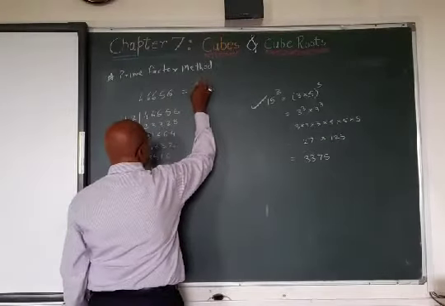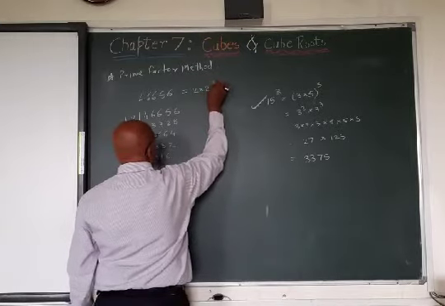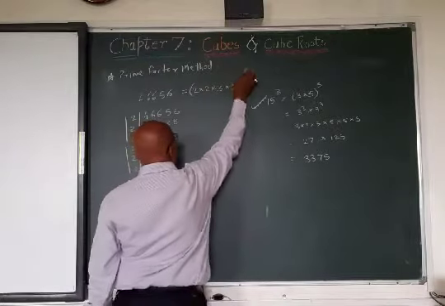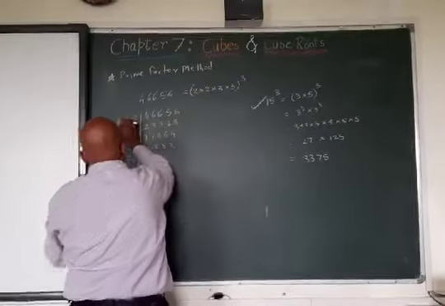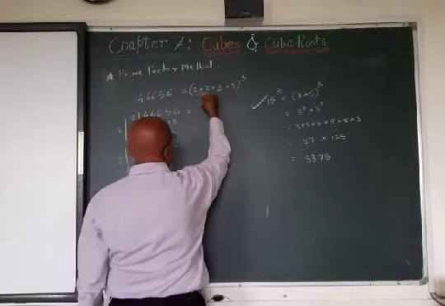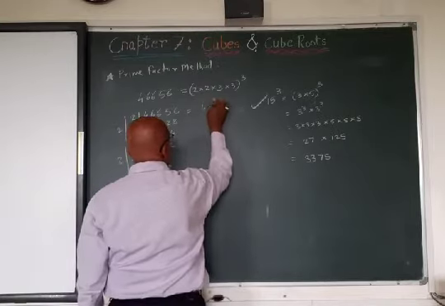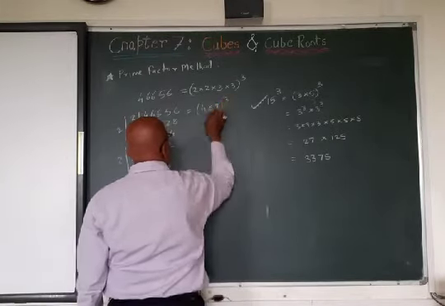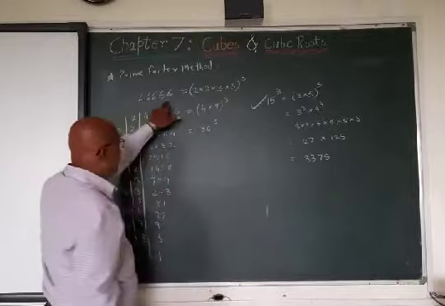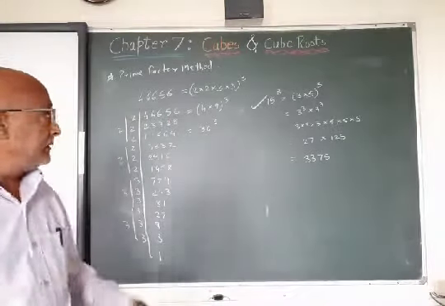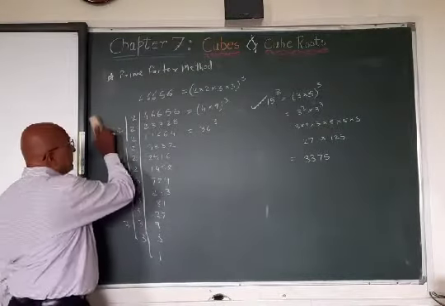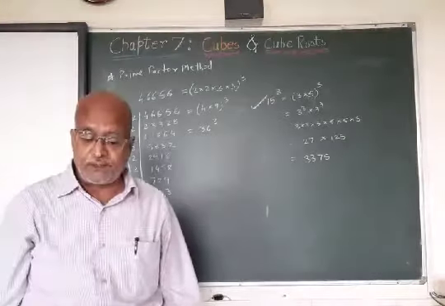Now of what perfect cube is it? I will write here 2 multiplied by 2 multiplied by 3 multiplied by 3, whole cube, from these 2, 2, 3 and 3. So it will be 4 multiplied by 9 cube, 36 cube. So this number is a perfect cube of 36. So this is the way we can find out whether a number is a perfect cube or not.